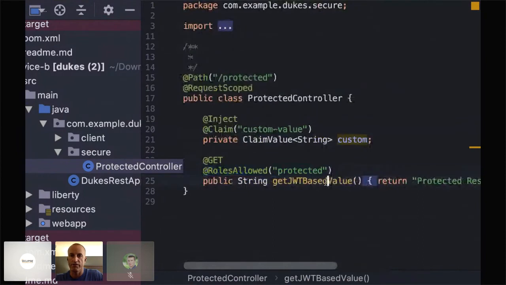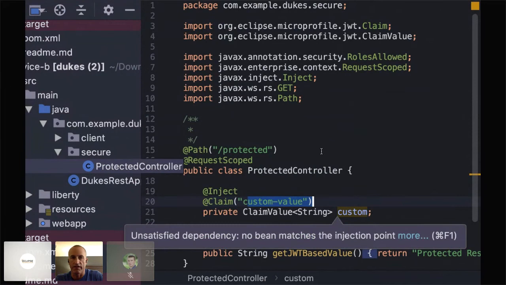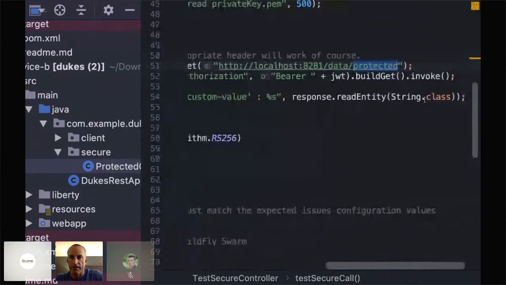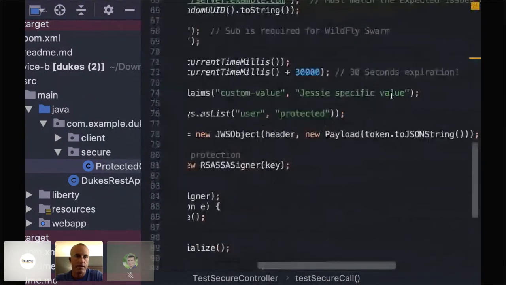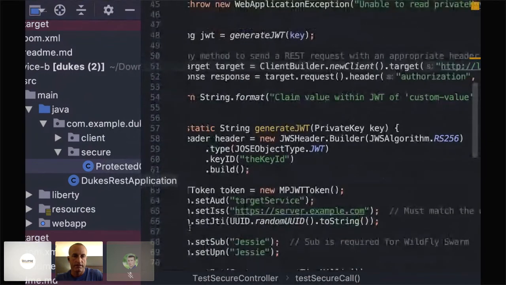So I'm using two elements from the token here. In the add roles allowed, I check that the role of the caller is protected. And this is a Java security annotation, so it hooks into Java security. And also pulling out a claim from a custom value from the token and returning it as a text. And as you see, I'm just writing it out here. And when I've built the token, the custom value I set to it was just a specific value. So if I just start the second service,